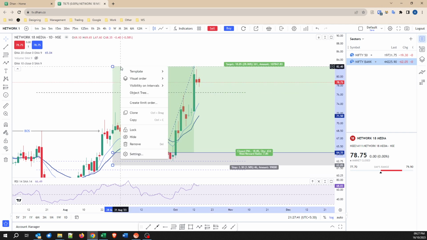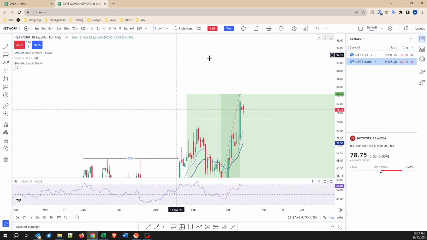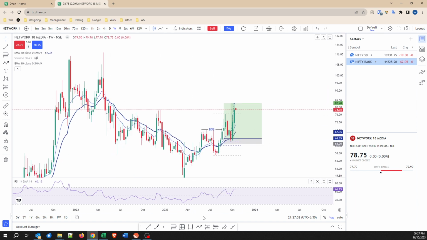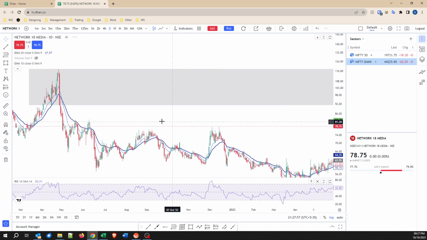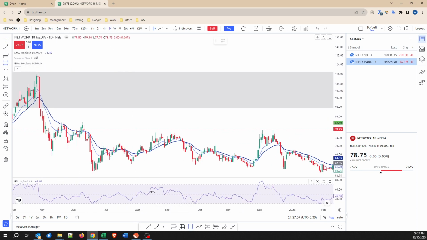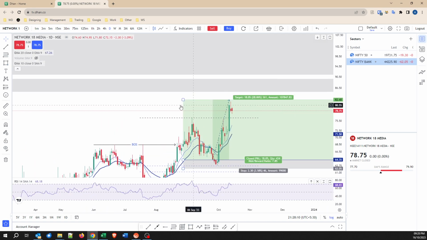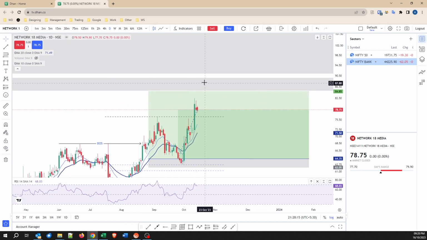I mean, this is possible. I'm currently at around 85 something. So my target is still a bit higher, on the higher end. I hope to take my target somewhere here. This is my target zone on the daily time frame. This is one here, and the next target is here. So my target is up until here, 84.85 initially, but I don't expect this to hold much.